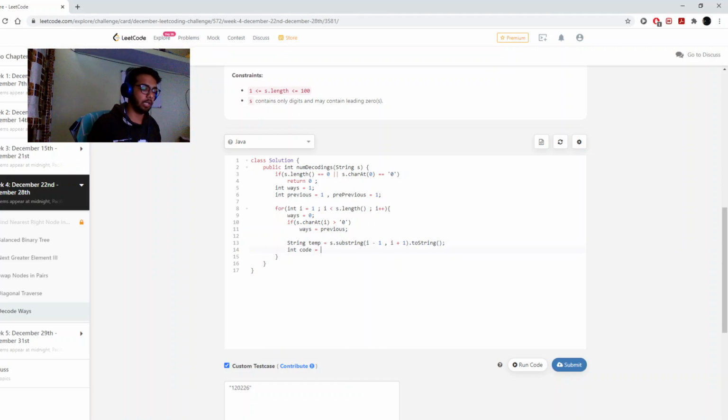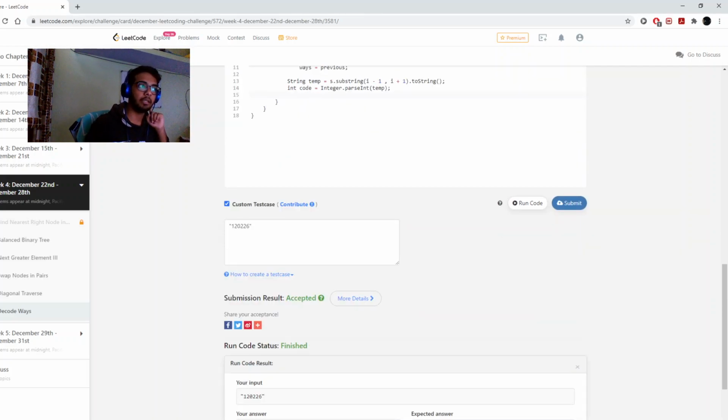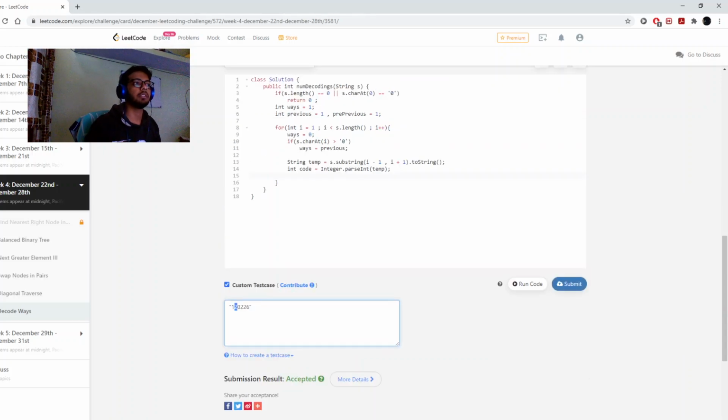This should be equal to the integer stored in this substring. So how would I do that? I would simply call this method, which is Integer dot parseInt, and pass in temp, and done. I have an integer. For example, I am right now on the first index, and the value at that is 2. So I checked if it's greater than 0. Of course it is. Then the number of ways that I can have right now is 1 for sure. My answer should be 1.